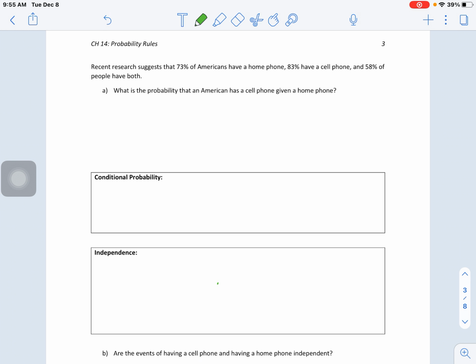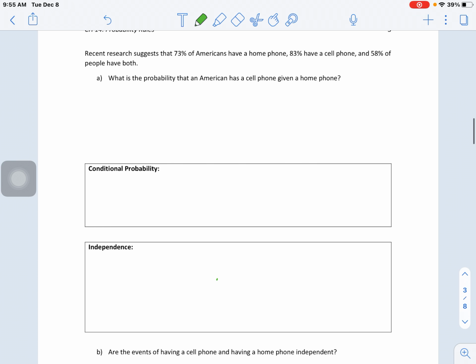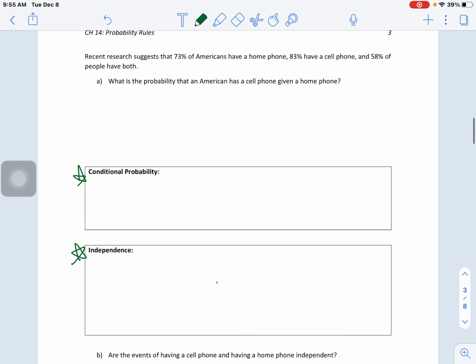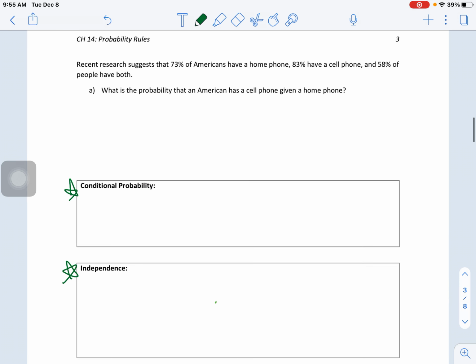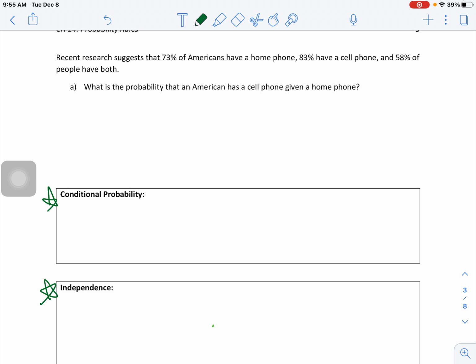Alright, so page 3, we're continuing with that same problem from before, where we're talking about Americans and having a home phone, cell phone, or both. But now we're adding two new concepts. We're adding this conditional probability and independence thing. So the first question says, what's the probability that an American has a cell phone given that they have a